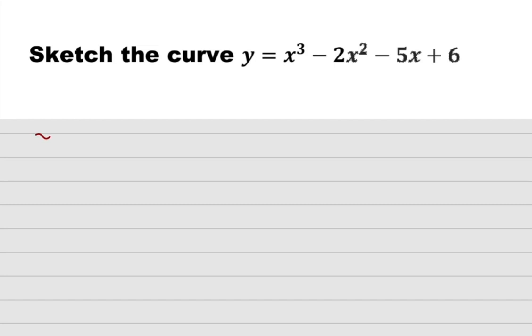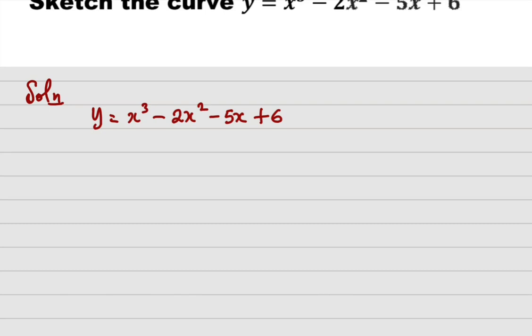Now remember, the solution. Remember y is going to be equal to 3x cubed minus 2x squared minus 5x plus 6. All right. So the first step we need to undertake is finding the intercept. Okay, so let's go straight to finding the